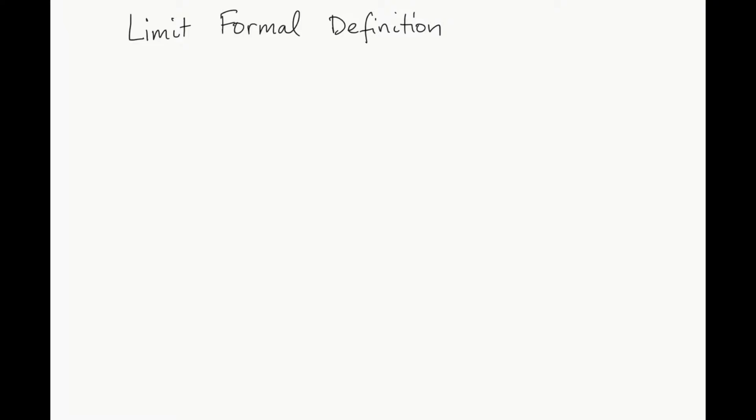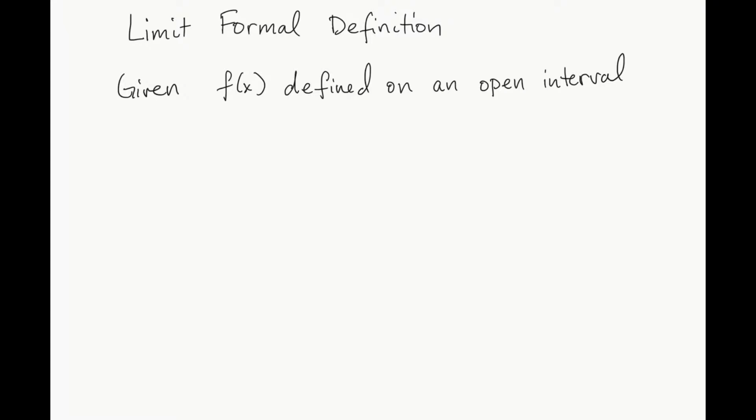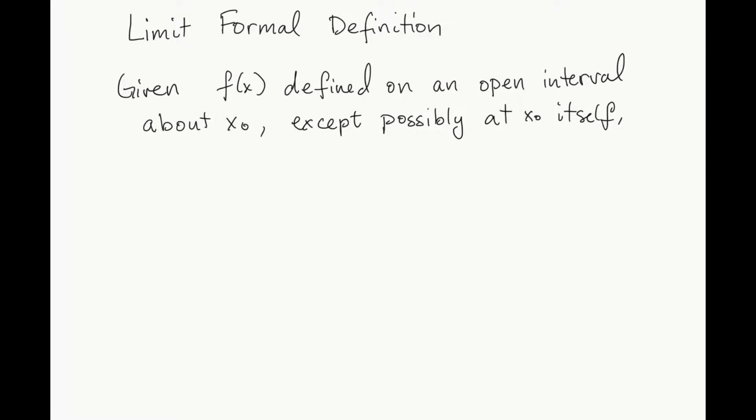Here I will try to explain the formal definition of a limit and work through a problem you might encounter on the topic. The limit definition states that given f of x defined on an open interval about x naught, except possibly at x naught itself, limit as x goes to x naught of f of x is equal to